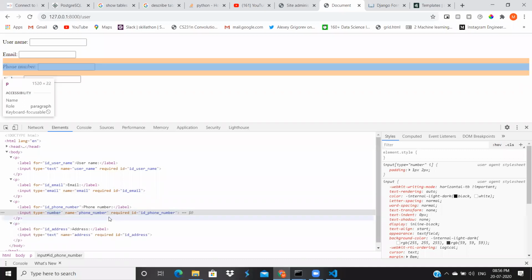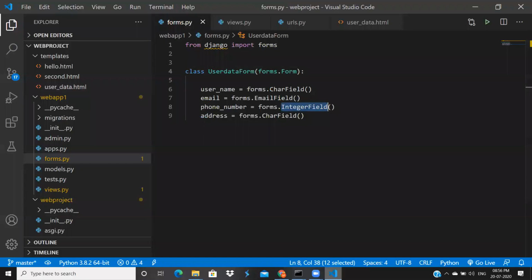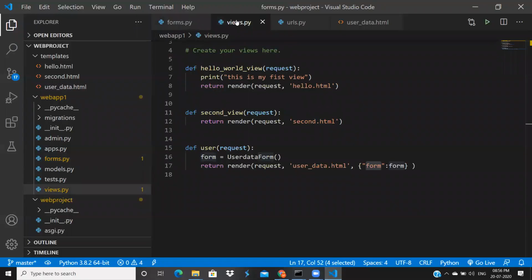In this way, you will create your forms and take input from the user, and that input will come into these views. The user will get this form from views, and you will get the returned data in these views. From views, you will take a decision whether you have to store that data in the database, or throw an error.